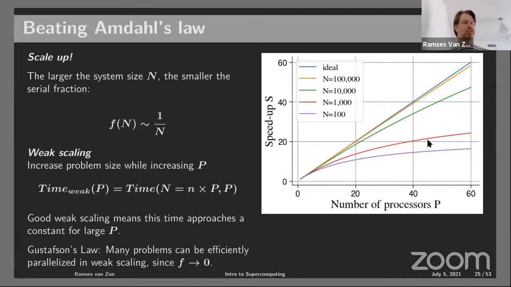But it's a bit of a cheat because for many cases your system size is a given. But if it isn't, or if you're just developing an algorithm, this can be a good way to say, hey, this is a good algorithm if you want to scale up, by looking at the weak scaling analysis.